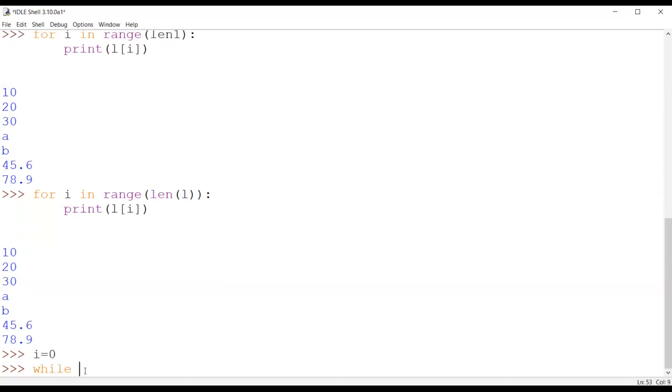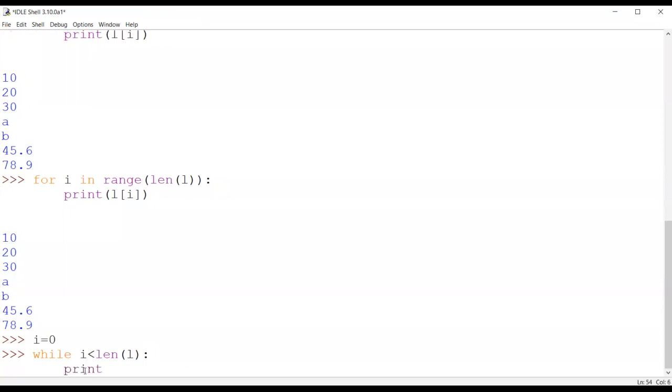And I'll be writing while i is less than len1. len1 is containing the length of my list, or in place of that, I can directly apply length of L also. In both ways, it will work. Now I'll be printing L of i. As I told you, if I write only i, then only the index positions will be printed. But because I want to print the element stored at the i location, I should write L of i.